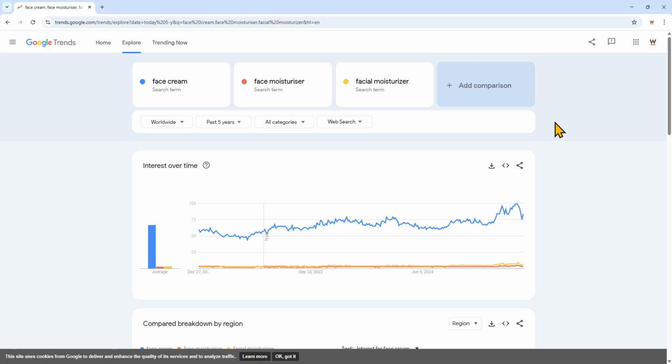So that's just a quick overview of Google Trends and just some of the ways that you can use it to optimize your website content and business strategy. When you use Google Trends together with Google Search Console or Google Analytics, you can create an effective business strategy for your website content, for your advertising efforts, or even your business offerings overall.